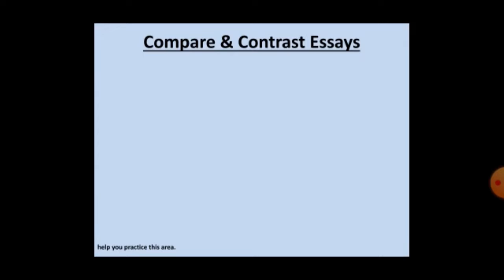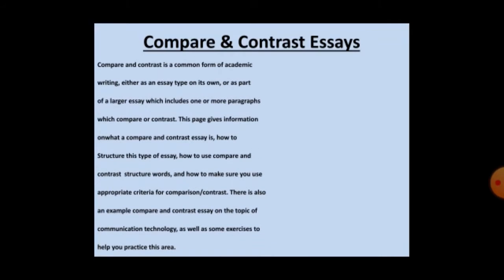So basically, what is a compare and contrast essay? It is a common form of academic writing in which we compare two things, we match the similarities of the two things, and after that we contrast. Contrast means we differentiate between those two things, okay? Bit by bit, in the introduction we introduce them, and then we explain their similarities and their differences, okay students?